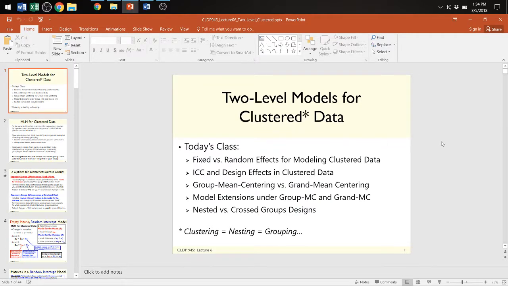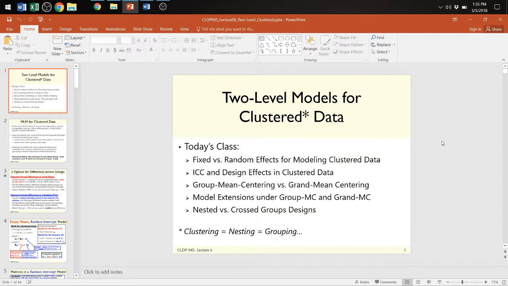All right. Are you ready for some new stuff that's not really new? So this is 2-level models for clustered data. And I swear to you there is only one new concept in this entire lecture. It's 44 slides that you've heard before, but you've heard it in a different context. So this is the first time in which people are not level 2 anymore. People are going to be level 1.